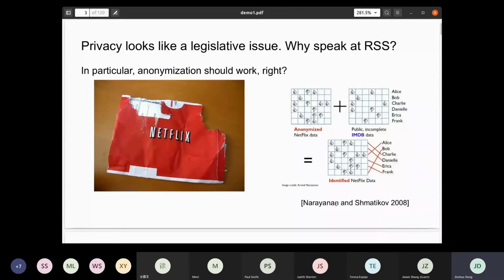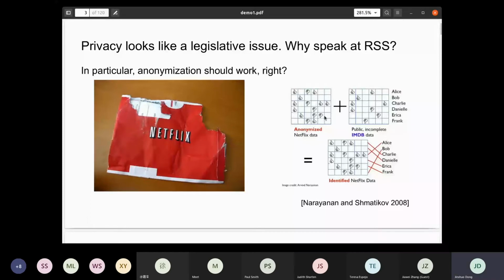But in 2008, two researchers showed that you can actually make use of public information and re-identify, de-anonymize the anonymized data set. So what they do is, I think, quite simple. So there's IMDb data. For example, you may have watched some movie on Netflix, but not on IMDb. Those are things you don't want to make public. But they can simply compare this to the data set, and with significant probability, they can figure out